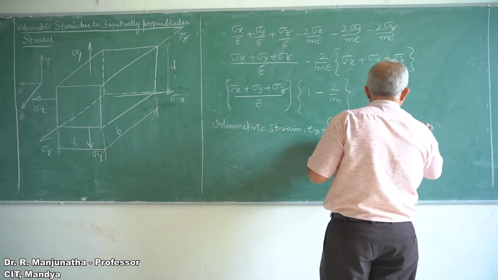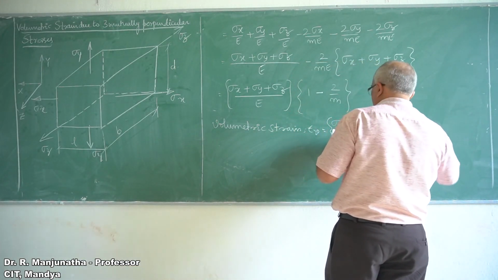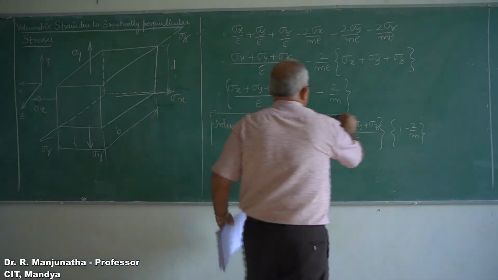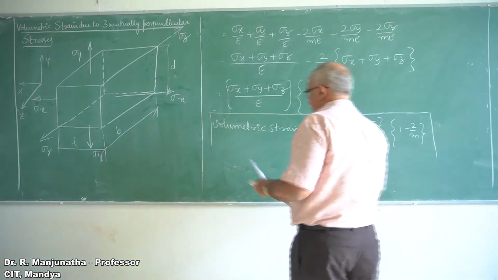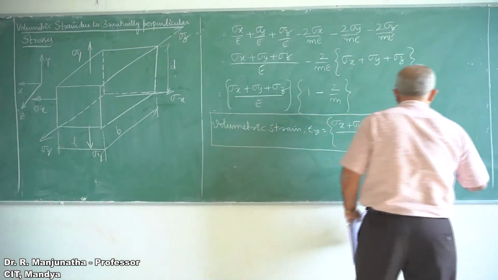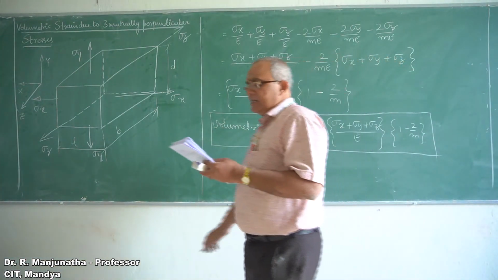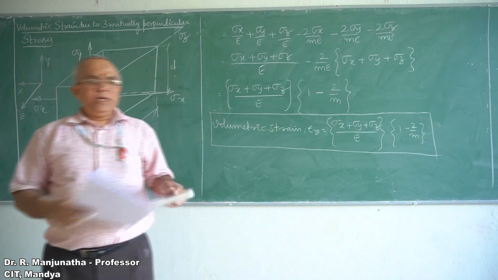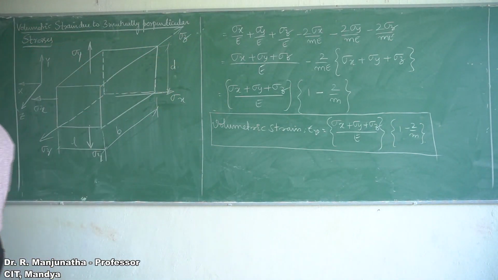So this is going to be the expression. Suppose the value of sigma x plus sigma y plus sigma z is equal to 0, then what happens? There will not be any change in the volume. So this is how you will be able to derive this expression for volumetric strain on 3 mutually perpendicular